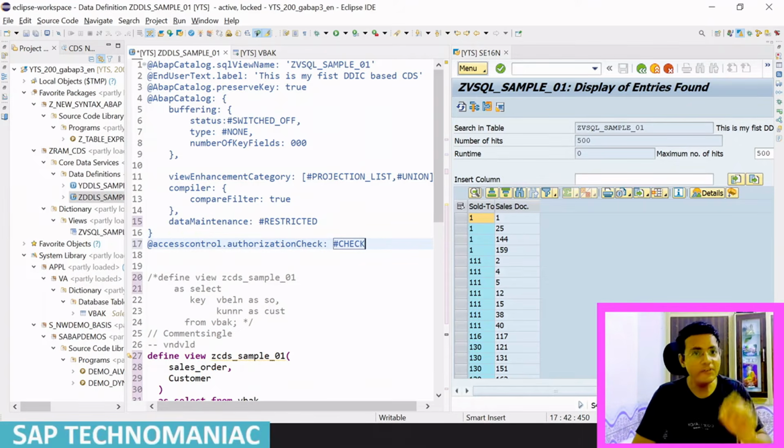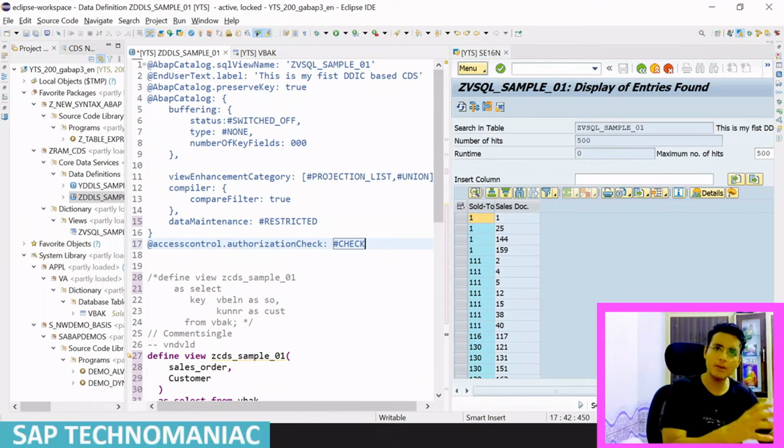But if it is defined for the particular CDS, we define the DCL and we are accessing the particular CDS in our select query, at that time it will implicitly check whether you have the authority to get data from the CDS, and based on that it will return the data. Second thing, if we have written the check over here and we have used that particular CDS view as a data source in our select statement, and we didn't create a DCL,